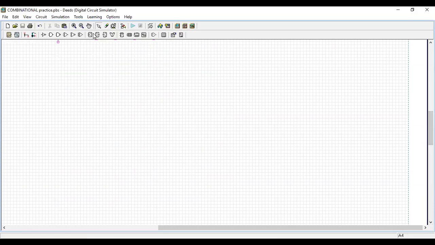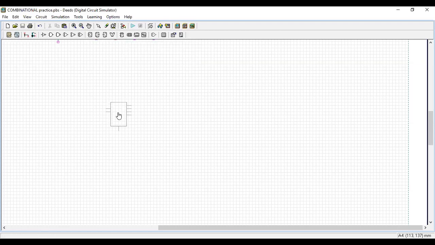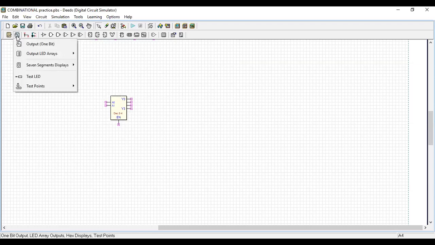Just see, I go to the toolbar and select the decoder option. My decoder is a 2 to 4 decoder. I'll take the decoder and put it in my schematic window. Here I have 2 inputs and 4 outputs.